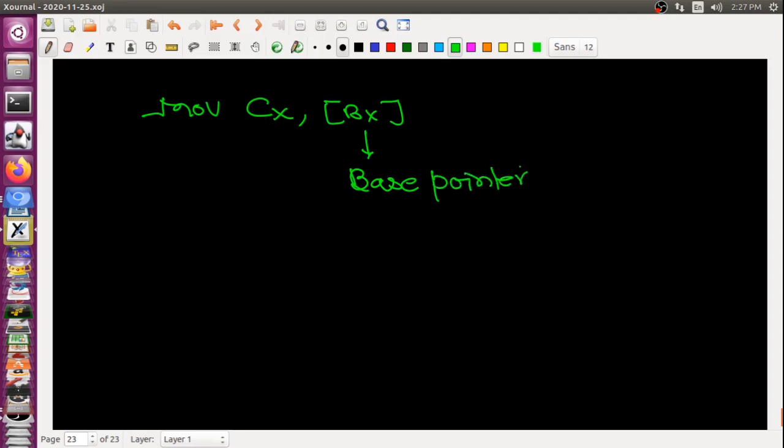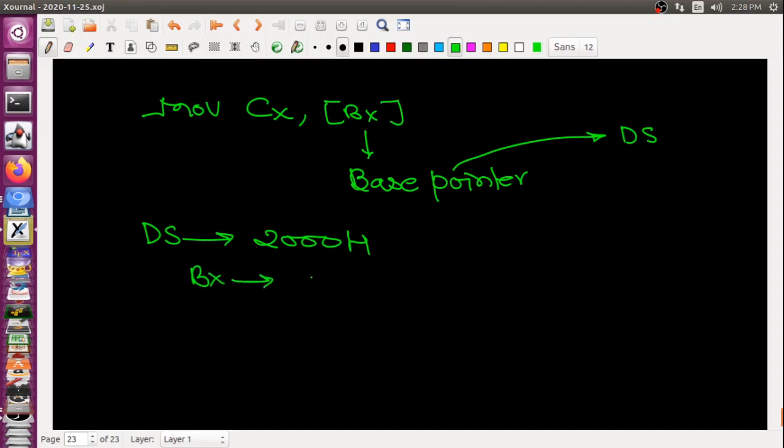Whenever the base pointer is used, I will use the segment DS, the data segment. For example, if the data segment value is 20,000, and the value of BX is 0020H.